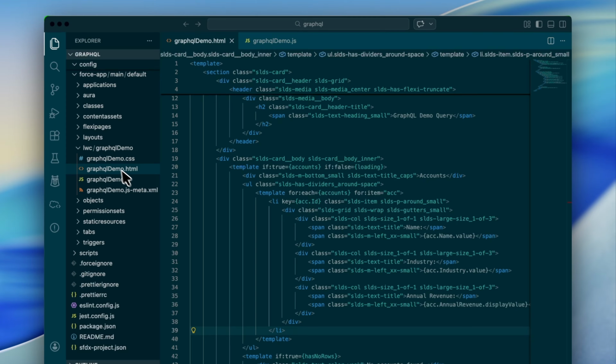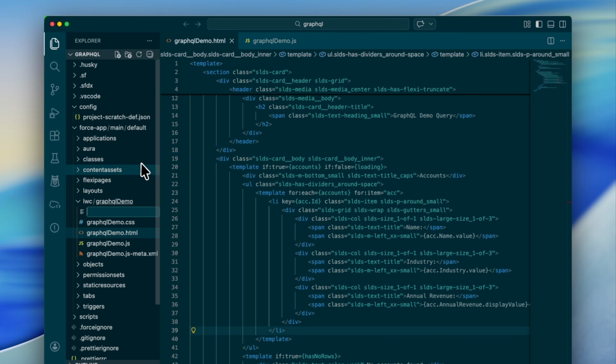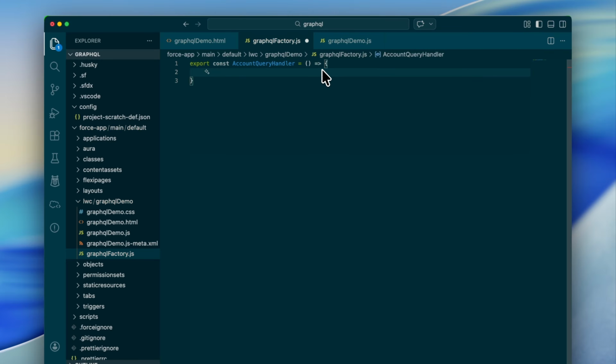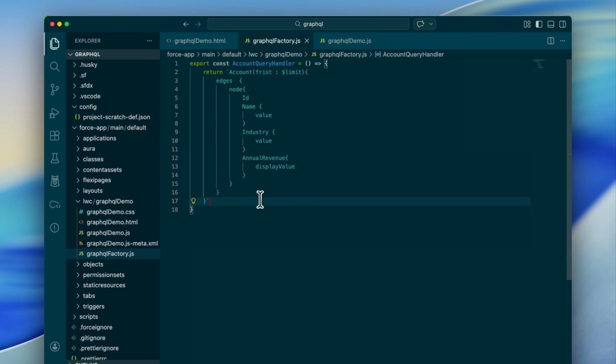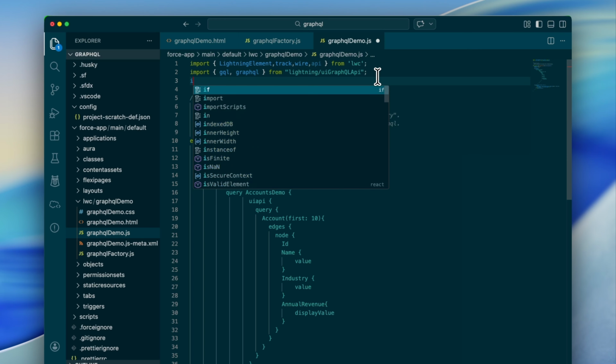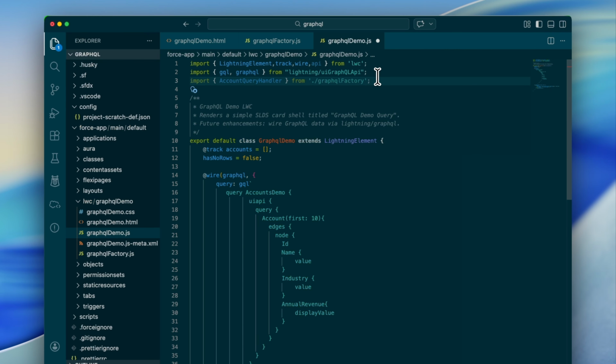So now let's make the query a little more complex. I don't want to show just a simple example. We will add some complexity so that you understand how it works. First of all, I like to structure the code. For example, in Apex also, you use helper, factory, and other supporting classes. The GraphQL query gets very long. So what I will do is I've created a factory JS file, and I'm going to move the query to the JS file so that the actual JS file remains a little shorter,